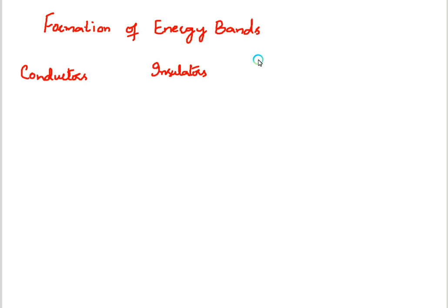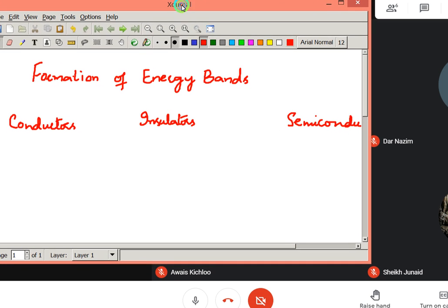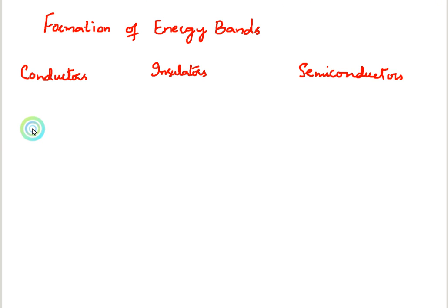Conductors, insulators, and semiconductors. So I will very quickly draw the diagram. If this is the energy level E in electron volts, then obviously this is your,